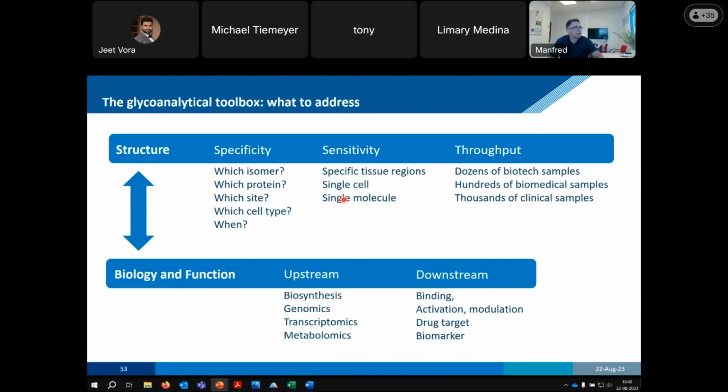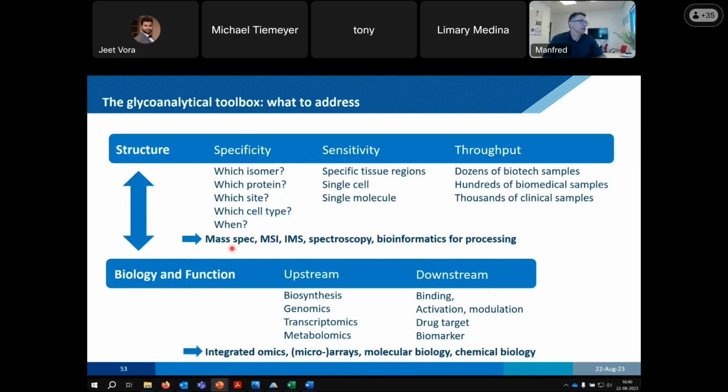So this brings me to the end of my presentation. I showed quite some technology which we developed and used for elucidating glycan and glycoconjugate structure, but also for looking at function. I also want to look ahead a bit. So next to mass spec, I'm a mass spec believer, I think that also mass spec